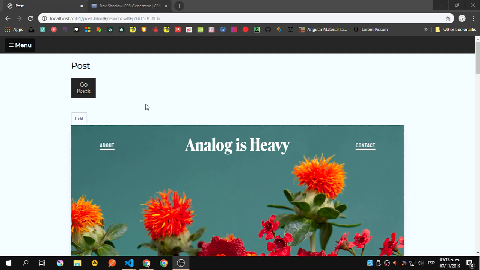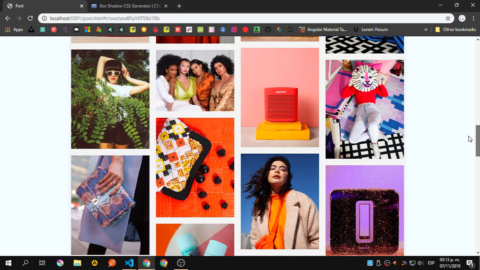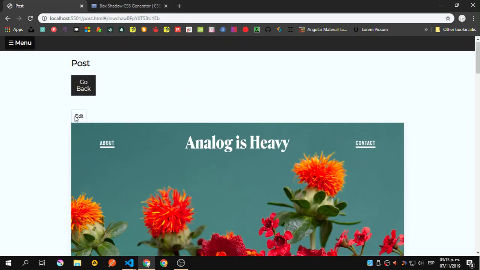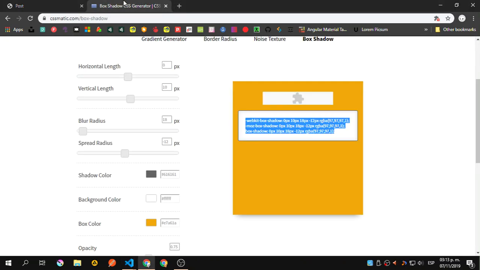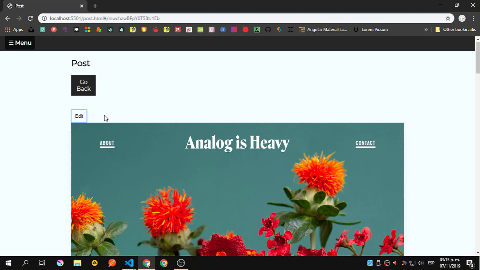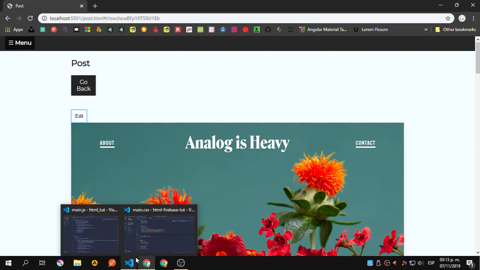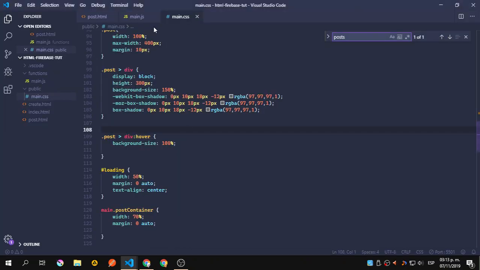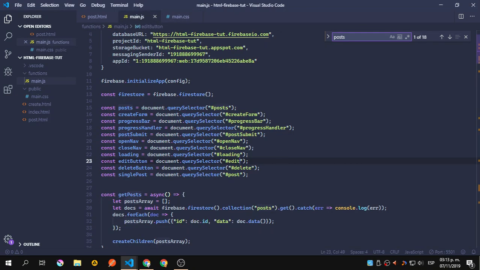So sorry about that. Hey guys, we're going to continue now with the edit. So when we click this edit, what we want is to show a form, but we need to add that dynamically with JavaScript. So let's go to main.js and we're going to add a new